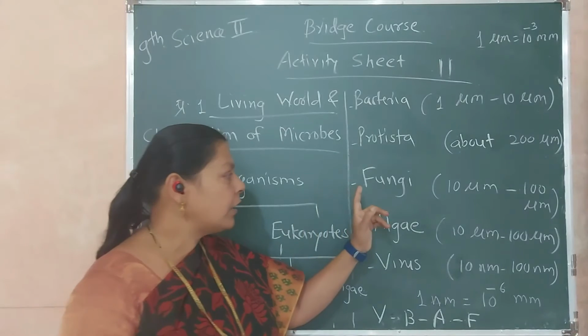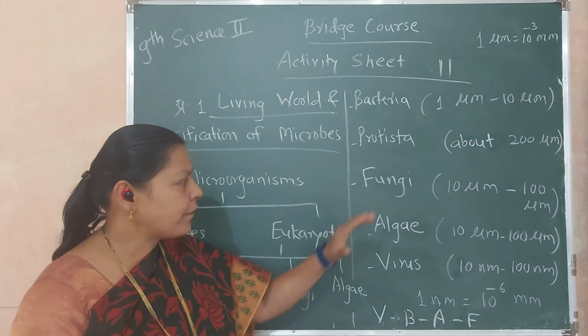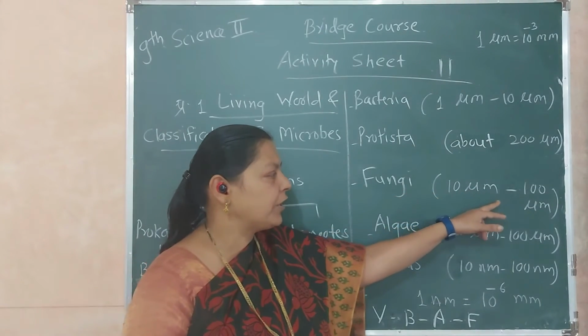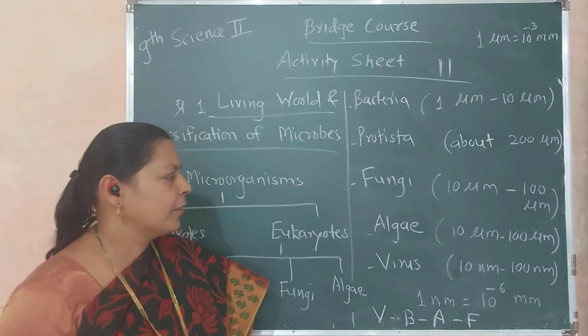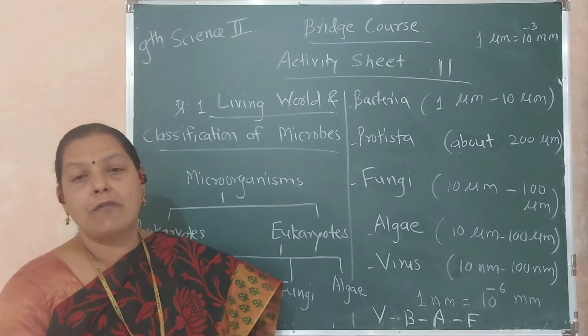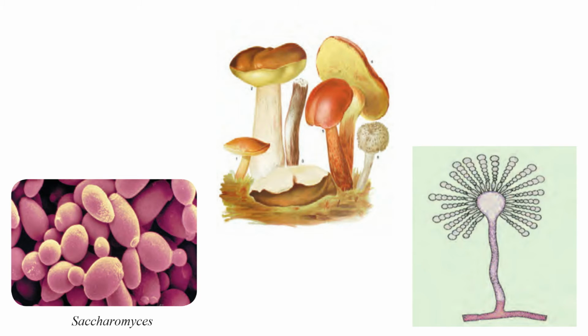Now, the third microorganism is the fungi. The size of this fungi is 10 micrometer to 100 micrometer. Now we are going to discuss this fungi on the screen. Next, the diagram explains about the different fungi, that is, how the growth takes place, found in decaying organic matter and dead bodies of